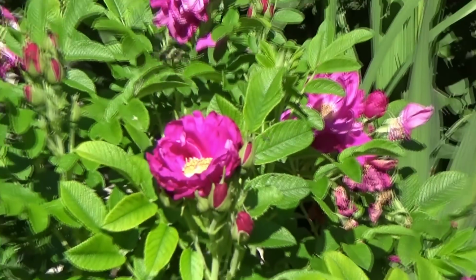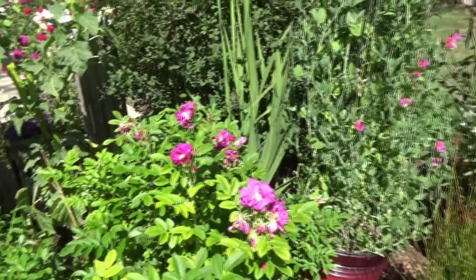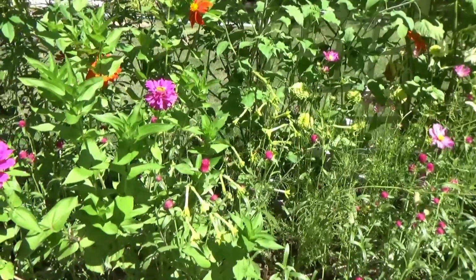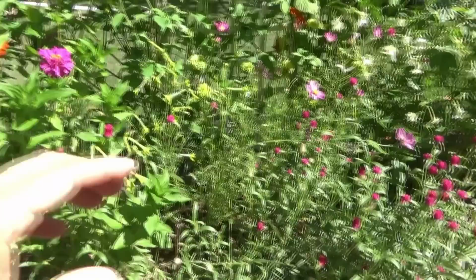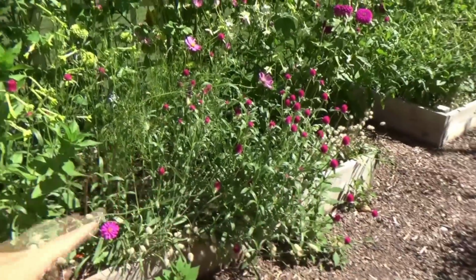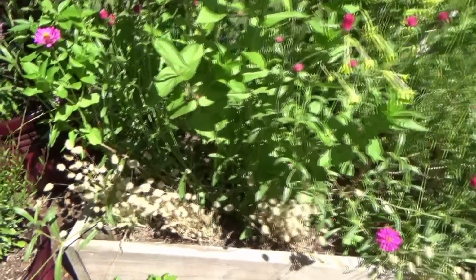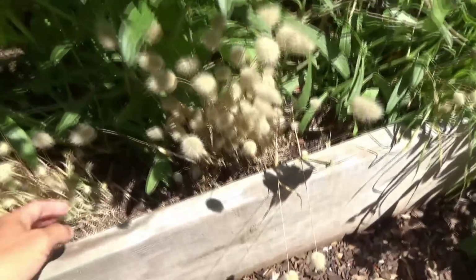Okay. Since he's behaving, I'm gonna walk away slowly. Zinnias look really good. The Nicotiana is doing really good. Gomphrena has gotten a little out of control. That's okay. Bunny tails. If I can show you, this soil in this bed is,